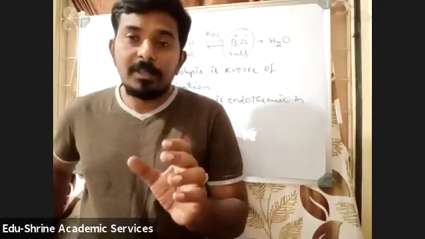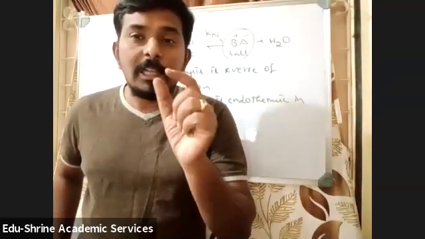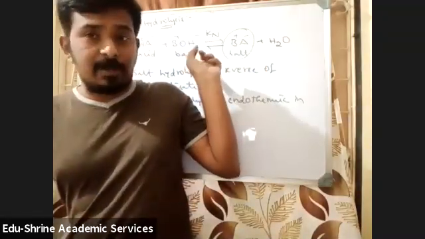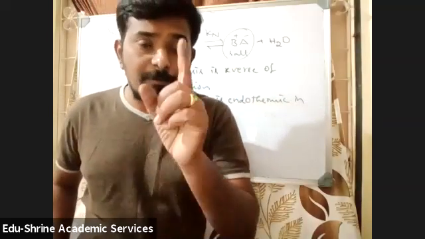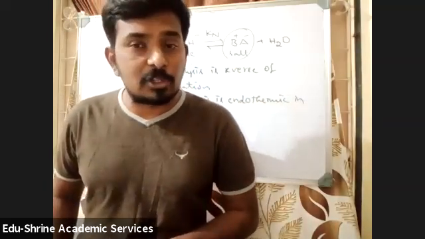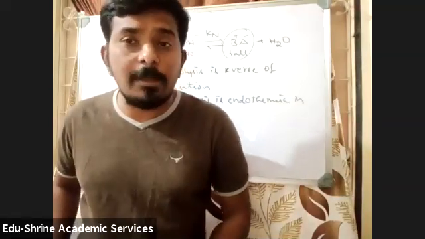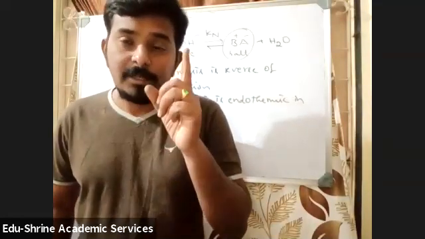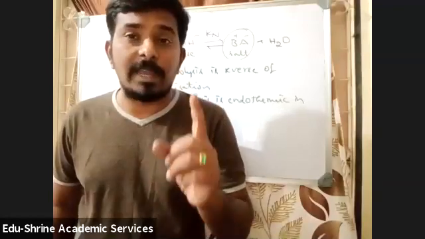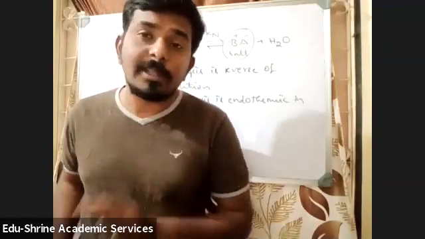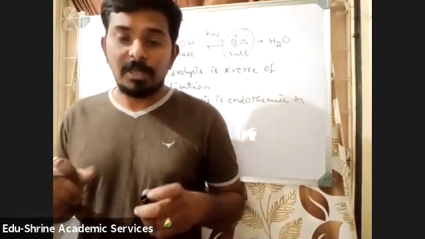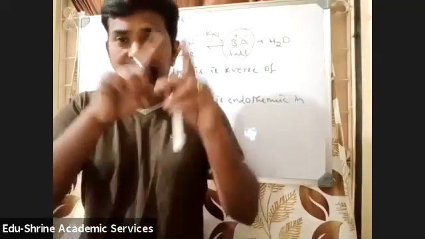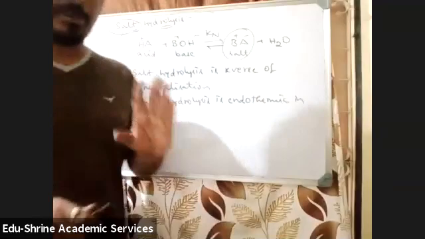Now, only the first case, students. I am telling that the neutralization reaction is a reversible reaction. But that is not true for the first case. When a strong acid is reacting with a strong base, the reaction is not reversible. In the remaining three cases, it is a reversible reaction. The salt formed from a strong acid and a strong base is not going to undergo any type of hydrolysis. That I'll give in the form of a table. So keep that point in mind.